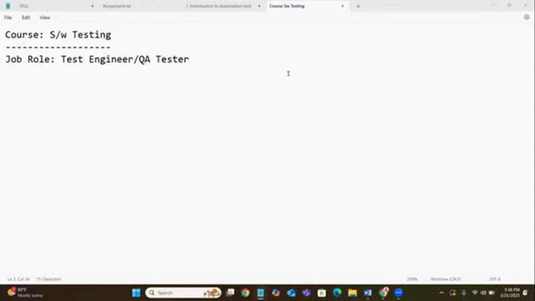Where we do testing is very important. When you talk about software testing, the simple way of saying it is: test the developed software, whether it is working properly or not. We have to test it. Test the developed software. When you talk about software, generally, if I go for the applications,